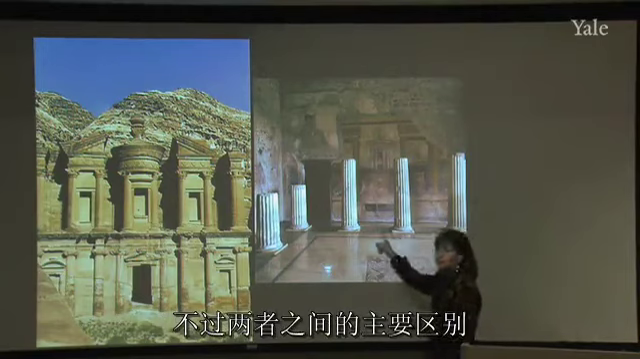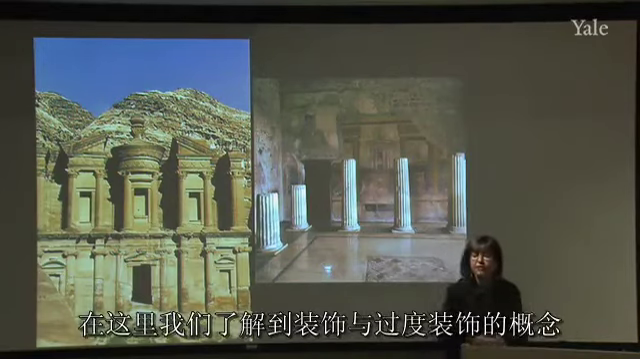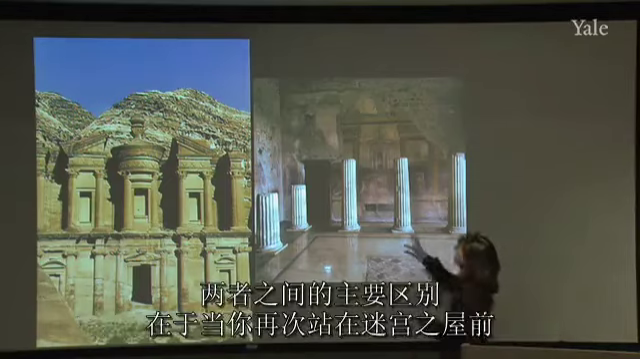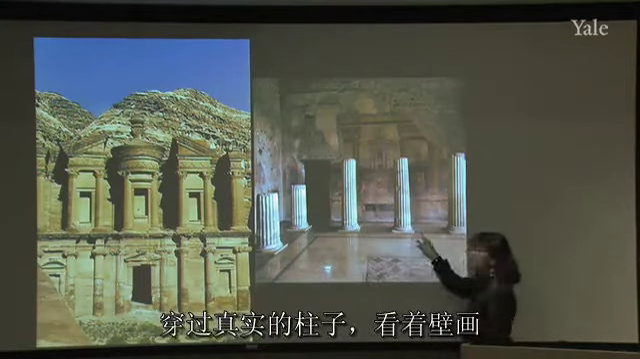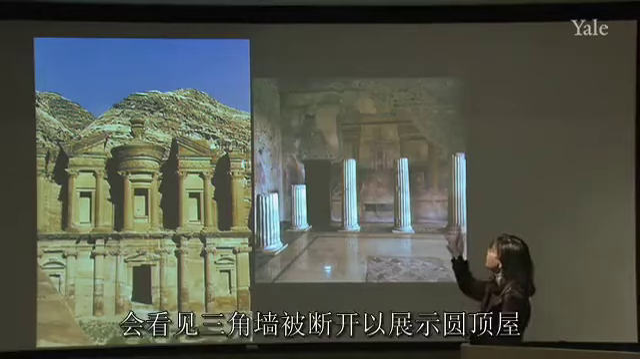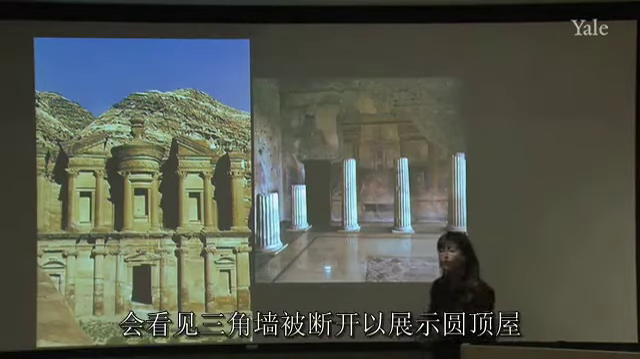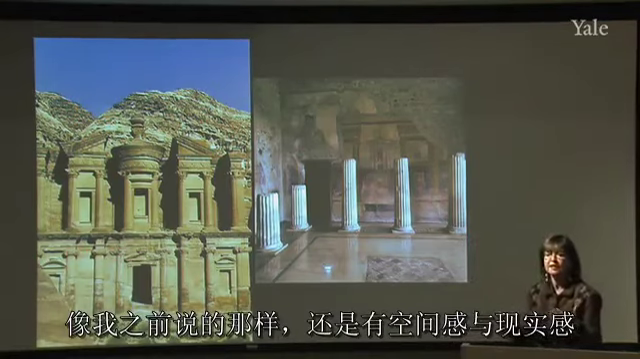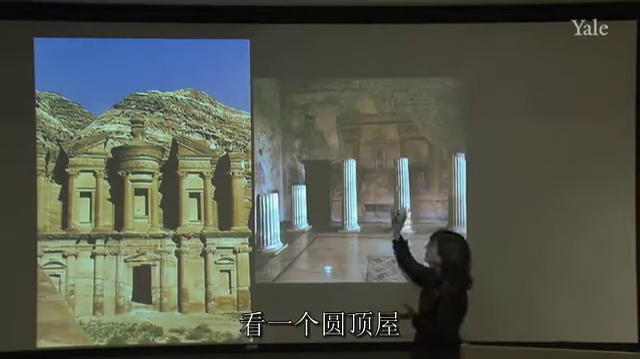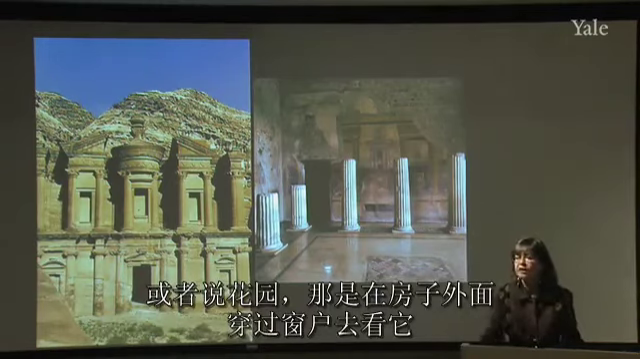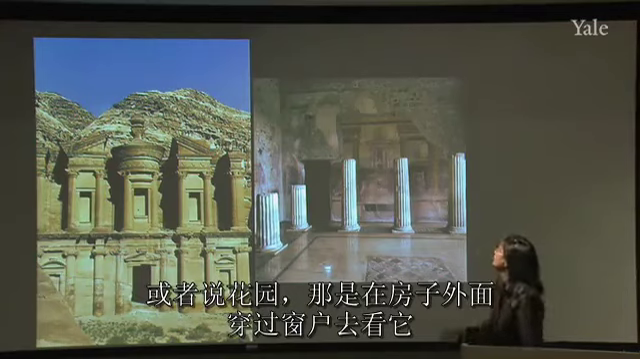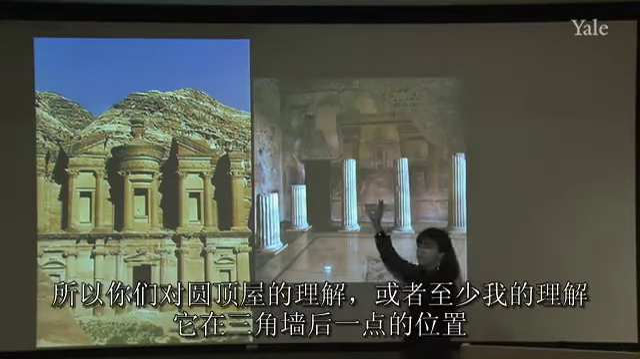But the main difference between the two, and here is where we do get into this whole concept of decoration and even over-decoration, is when you're standing, again, in the House of the Labyrinth, looking through the actual columns toward the painting, and you see that the triangular pediment has been broken to reveal the tholos. As I mentioned before, you still have a sense of space and you still have a sense of reality. Even though the pediment has been broken, you are looking at a tholos, and you're meant to think that that tholos lies inside a peristyle court or a garden that is outside the house, that you're seeing through a window. So you read the tholos, or at least I read the tholos, as further back than the broken triangular